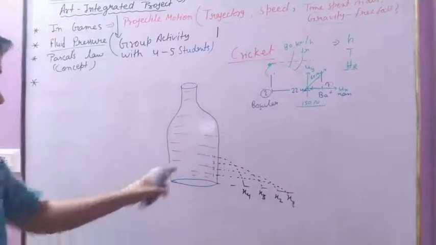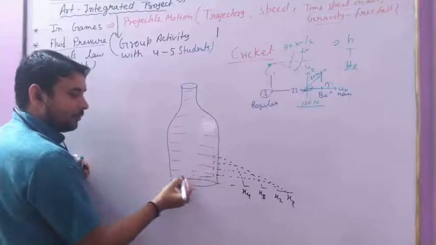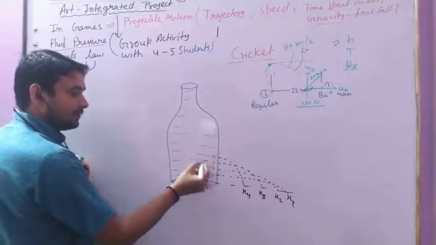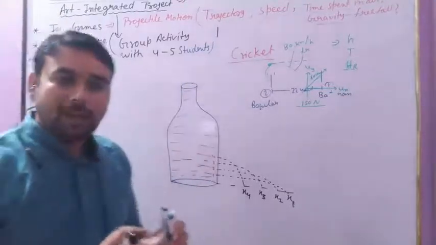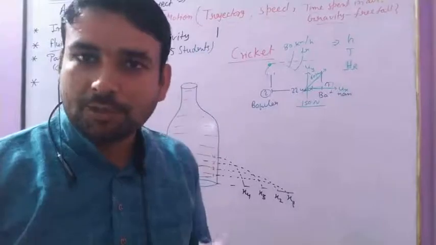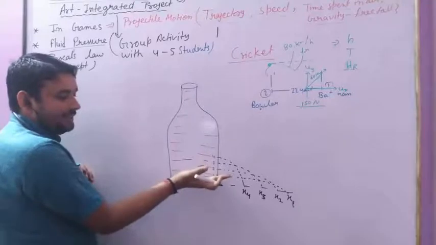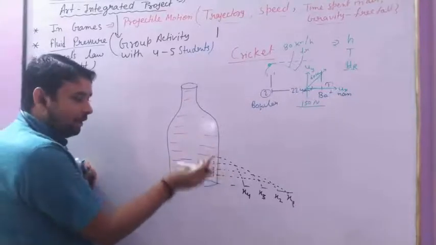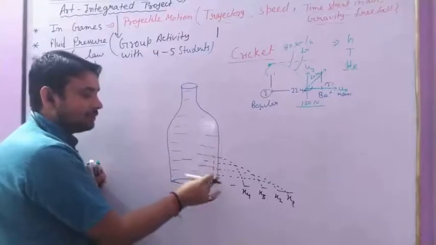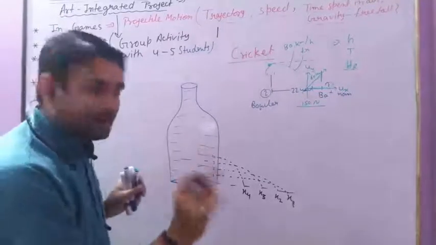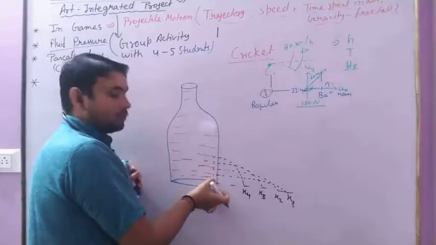Okay, this is because, suppose we have this first layer of water, this is second layer, this is fourth, this is fifth layer, this is sixth layer, and similarly. Every layer of water has some molecules and water has weight. So the more water there is above a particular hole, you will observe that the water thrust applied on that particular hole is maximum. That is why you will observe near the bottom,